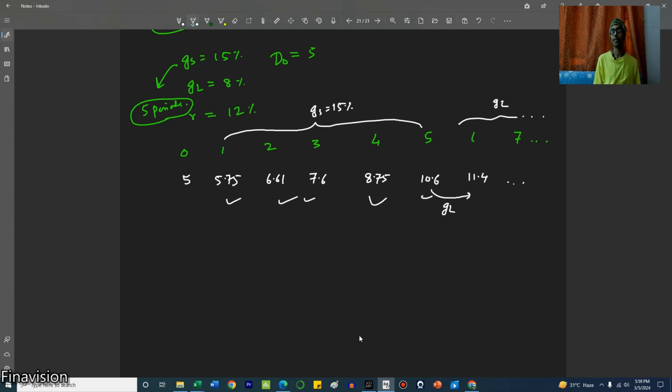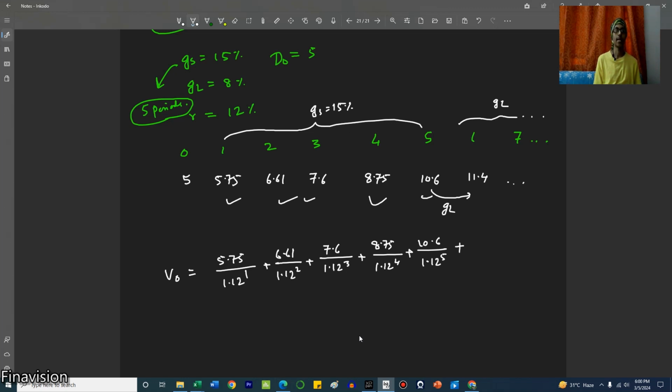How do we do that? 5.75 divided by 1.12 to the power 1 plus 6.61 divided by 1.12 to the power 2 plus 7.6 divided by 1.12 to the power 3 plus 8.75 divided by 1.12 to the power 4 plus 10.6 divided by 1.12 to the power 5